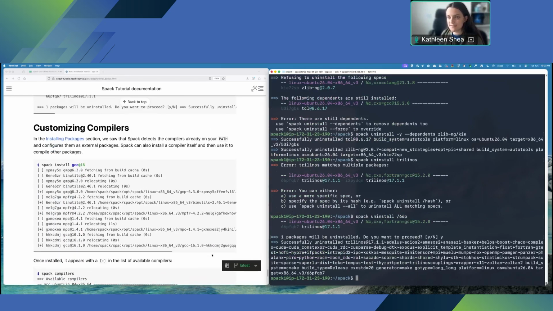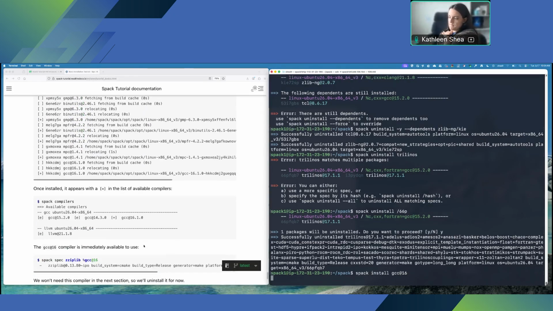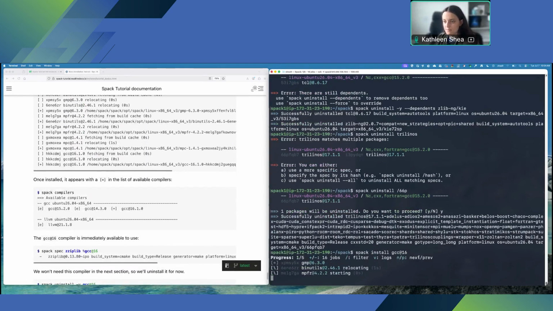Lastly, we're going to go over customizing compilers. So in the installing packages section, we saw that Spack detects the compilers already on your path and configures them as external packages, but Spack can also install a compiler itself and then use it to compile other packages. So for example, let's spack install gcc @16. And then once that's installed, Spack is able to recognize that as one of its available compilers that it can use. So once this installs and we run spack compilers,